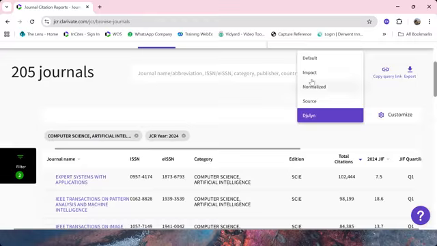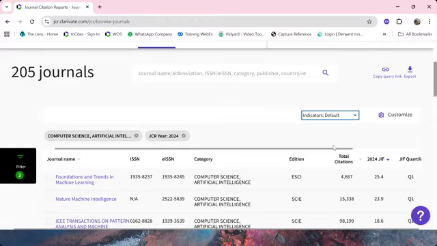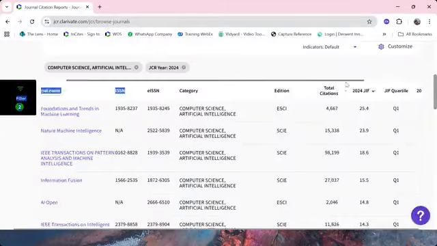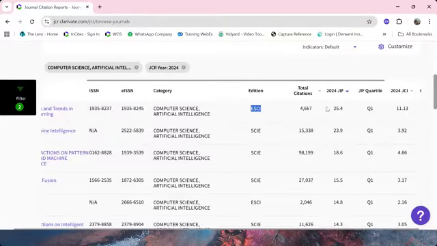Now, let me show the default. Okay. So this is the default view of the list. And you can see here it's sorted by journal impact factor. And the very first journal is an ESCI journal that is a Q1 journal.